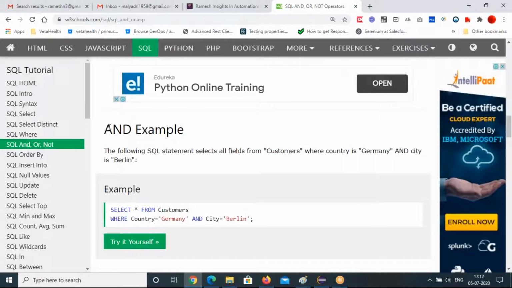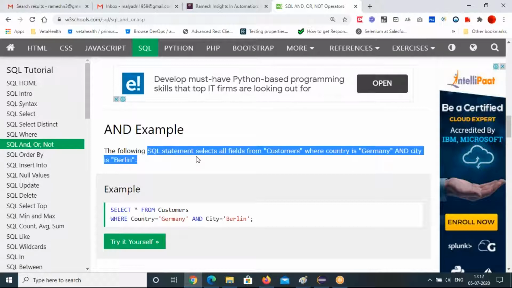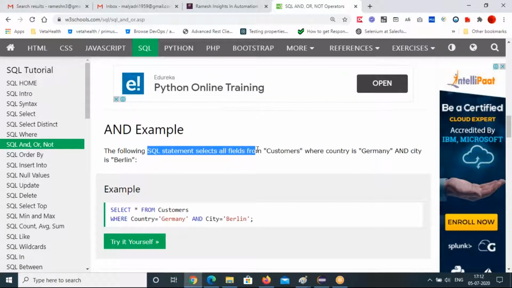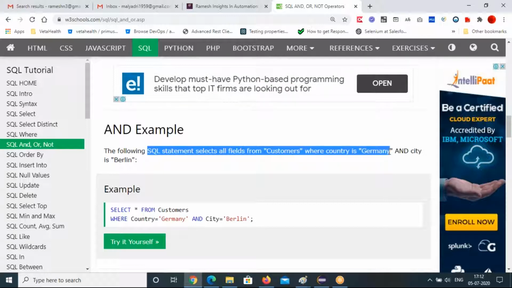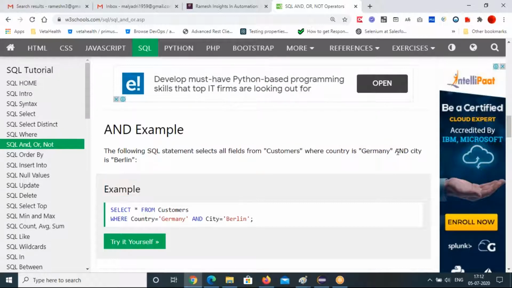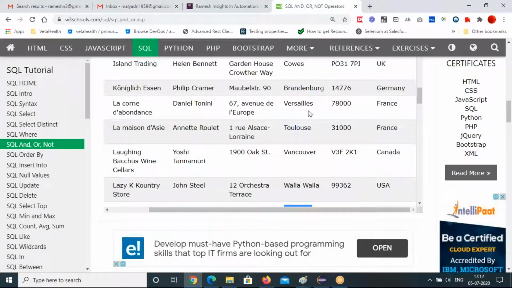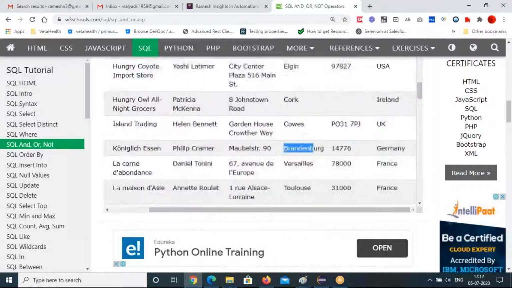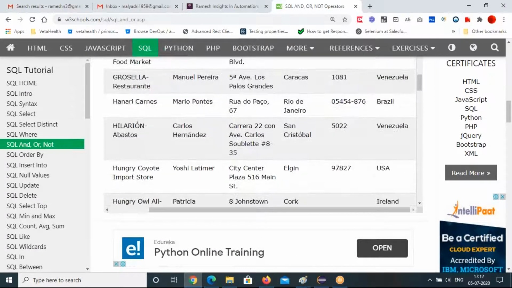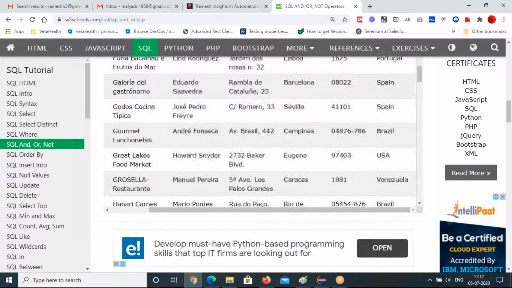Now the AND operator example. The following SQL statement selects all fields from the Customers table where country is Germany and city is Berlin. You're using AND. With the country Germany, there might be many cities.